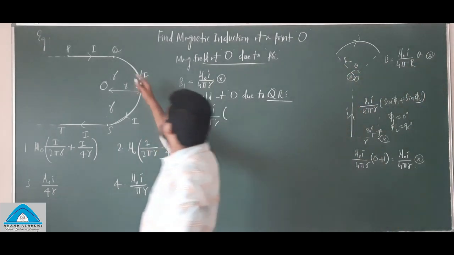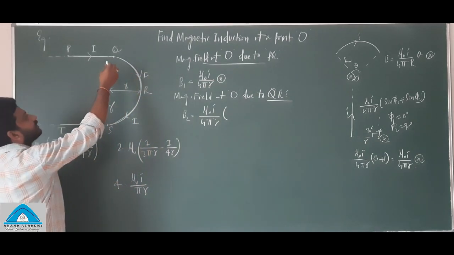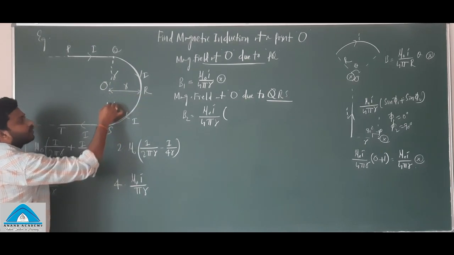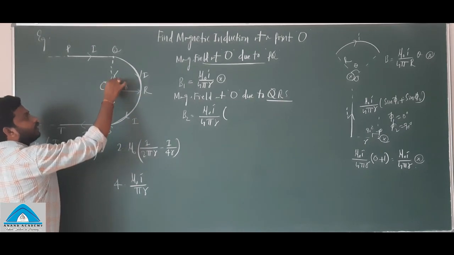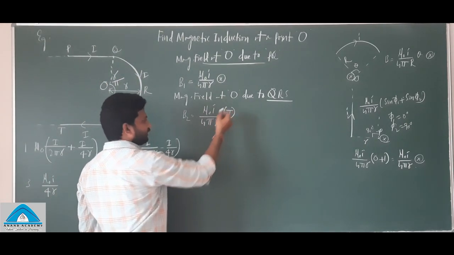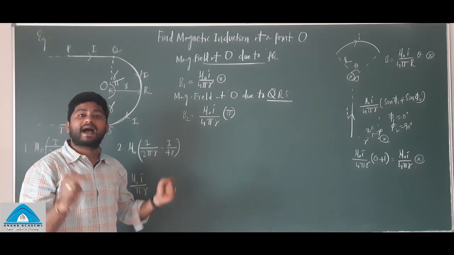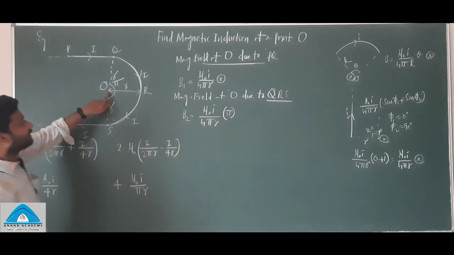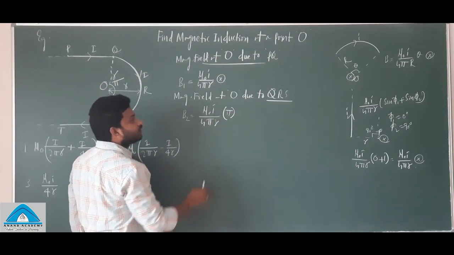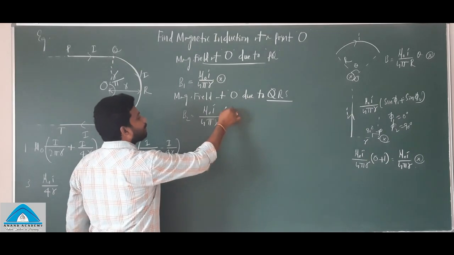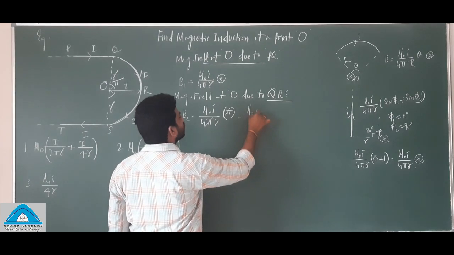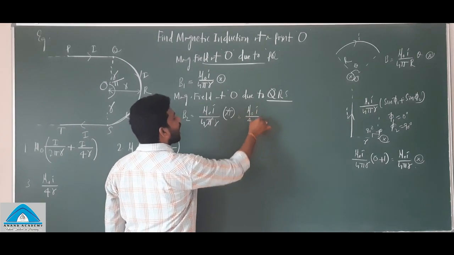What is theta in this case? You can see here this is the arc and this is the other arc. What is the angle made? Can I write this as pi? Definitely I can write it as pi. Theta is the angle made by the arc at the center of the circle. Theta here is pi, so pi and pi cancel. And what is the final value here? We get mu naught I by 4r.